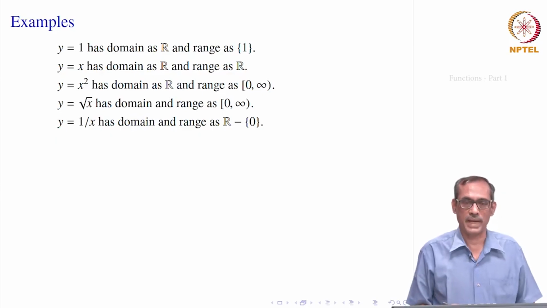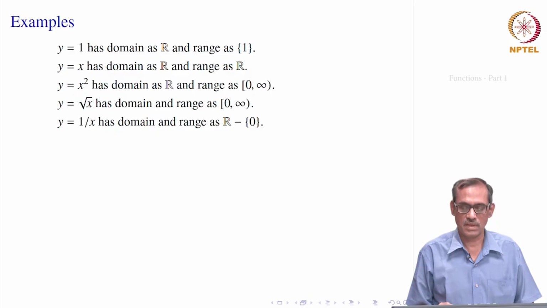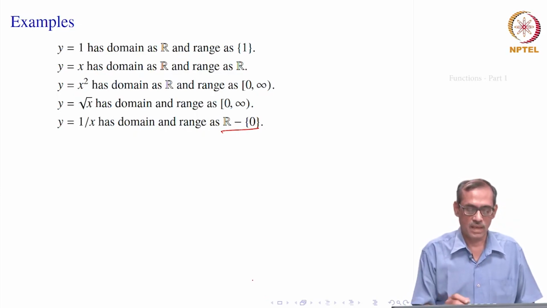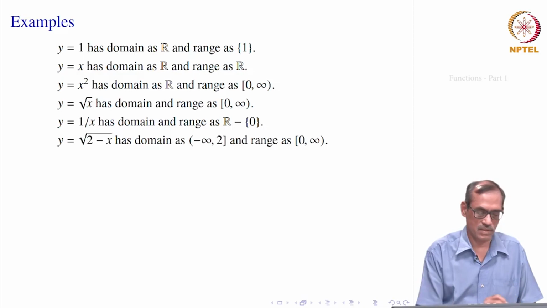Consider the function y equal to 1 by x. So, this function is not defined for x equal to 0, because we do not have anything called 1 by 0. Our axioms of real numbers say that 1 by something is defined only for non-zero quantities. So, y equal to 1 by x has domain R excluding 0, R minus 0, and its range is of course that, because 0 is never achieved, since 1 by anything cannot be equal to 0. So, 0 is also gone. Therefore, its domain is R minus 0 and range is also R minus 0.